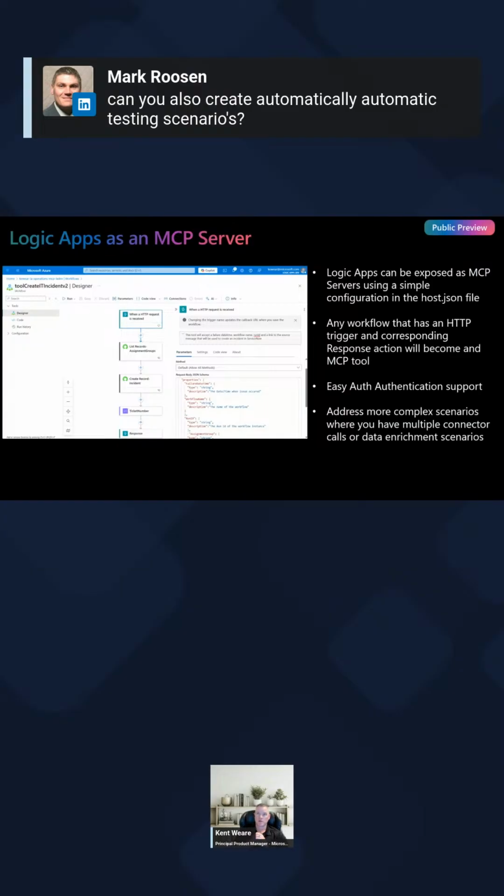We're actively working on enhancing it as well to support evaluations. So that would be more on the agentic side. I think on the MCP side of things, because at the end of the day, it is just a HTTP request and response, that is something that we can do today, but look for additional updates there. But yeah, if you go to our tech community blog and then search for Logic Apps unit testing framework, you should see some updates there.